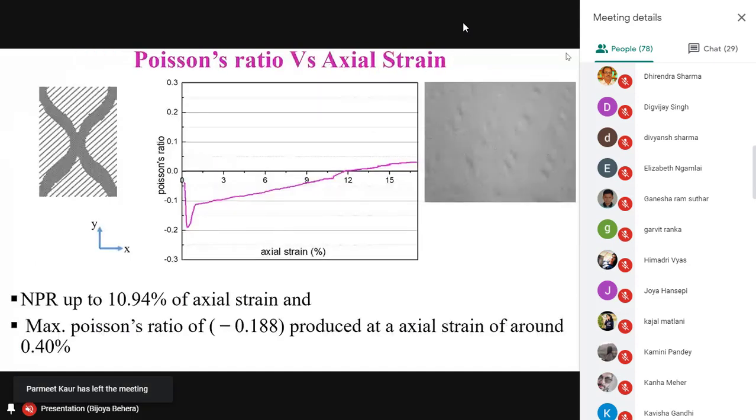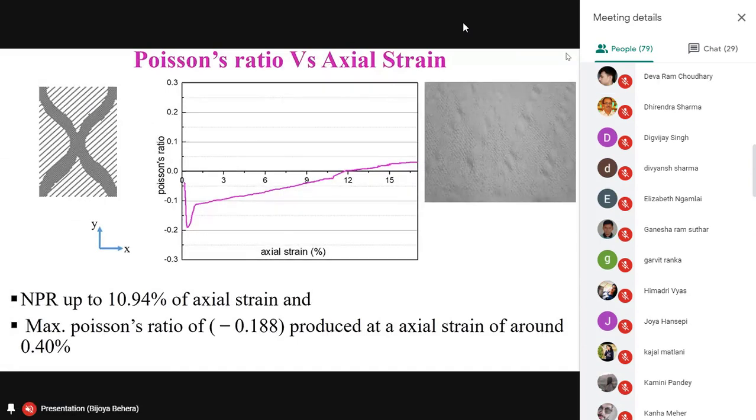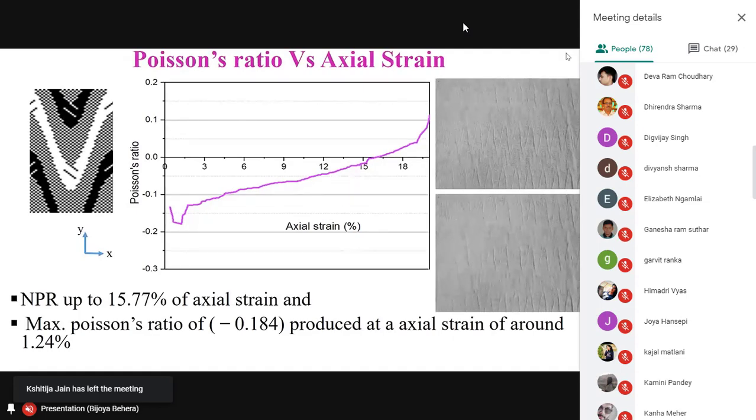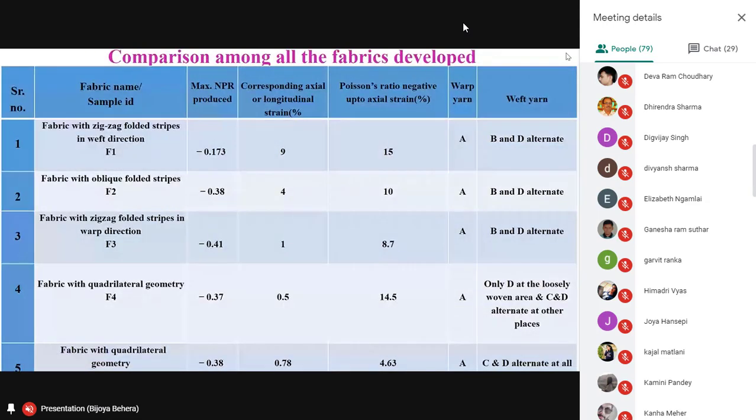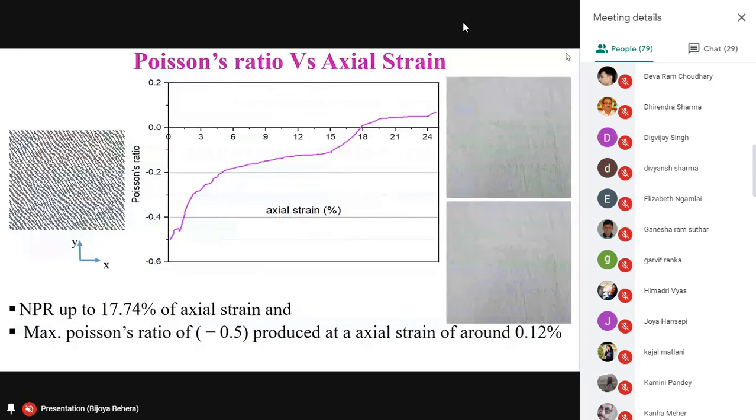Dog bone shape also gives a similar result. The only thing is the entire value is different. For every structure you can find how much negative, how much positive you can see here. You will find all 9 samples have different values of NPR. This is for the weave pattern, and the last one is for random. So these are 9 fabric samples obtained from auxetic geometry, weave pattern created, fabric samples developed, and their negative Poisson's ratio calculated.